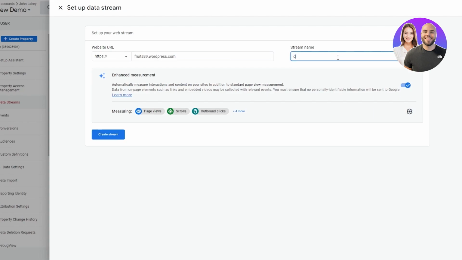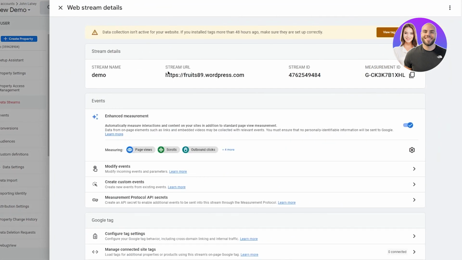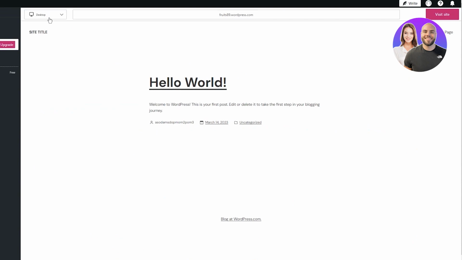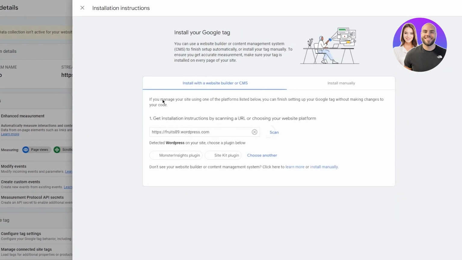I'm going to call this demo, and once you do that, you're going to click on create stream. And what it's going to do is take the website, if it's obviously a proper website that exists like mine, it's going to take it. Okay, there's the stream URL. You get your stream ID, you get your measurement ID, and now it's obviously going to tell you to install this